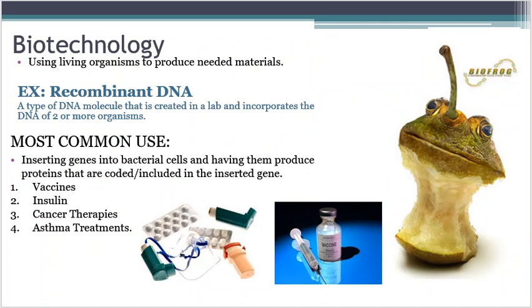When we talk about biotechnology, that's just life technology, right? So it's using living organisms to produce materials that we might not be able to make on our own. The example we're going to be talking about here in class is recombinant DNA. So if you break that word down,